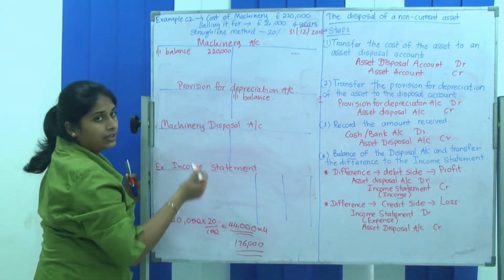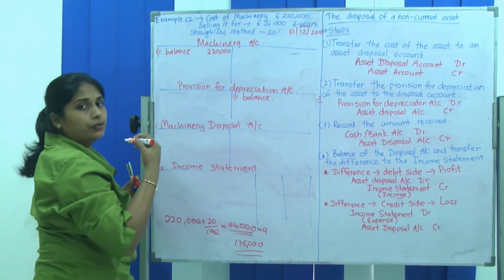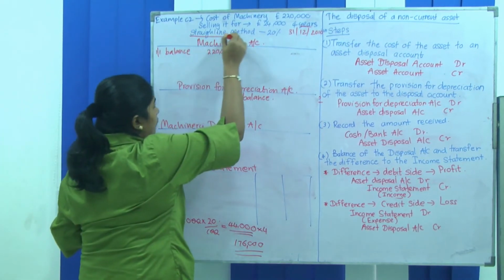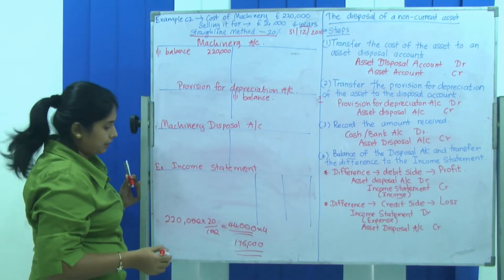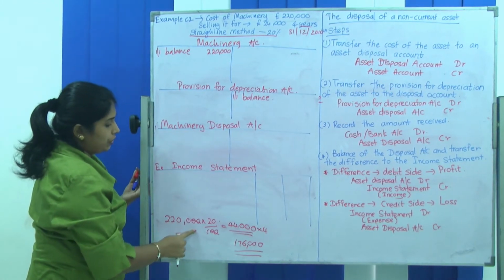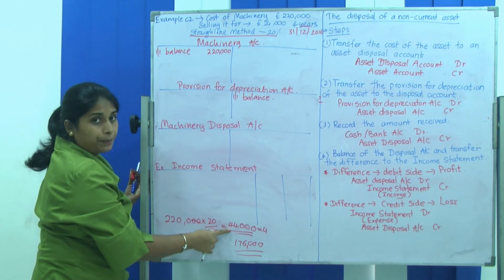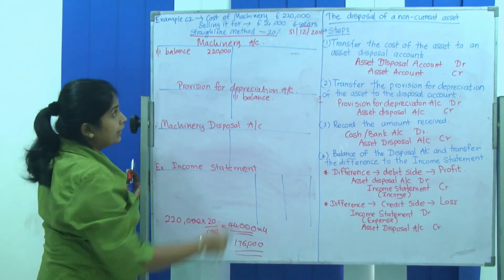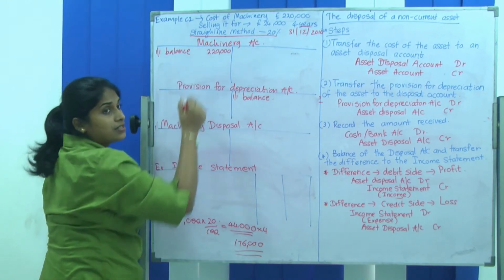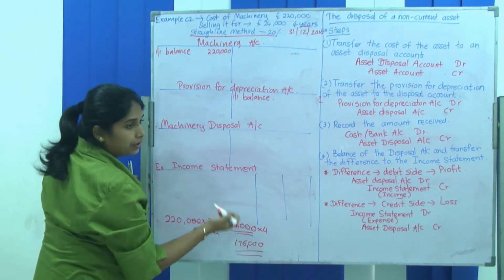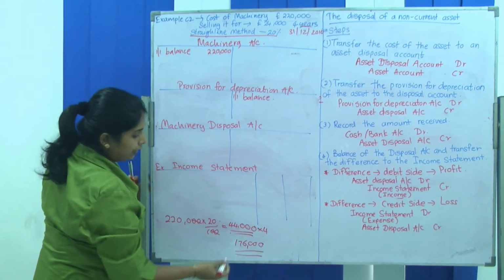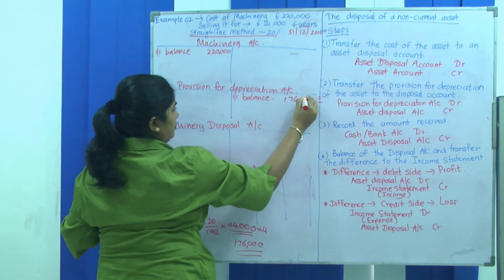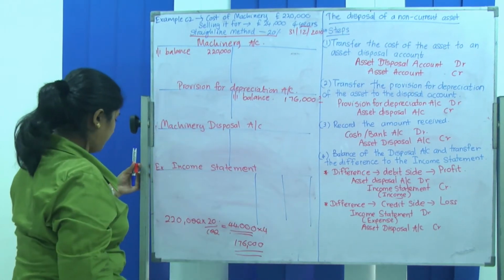Here they have not given it. Now in the earlier example, they gave you the total depreciation of 80,000. But here what they give you is the method that they are using and the percentage. So 220,000 into 20% is 44,000 per year, but they have used it for 4 years, so you have to multiply it by 4. Here you have to multiply it by 4 because it's a straight line method. So each year 44,000, into 4, gives you 176,000. Okay.